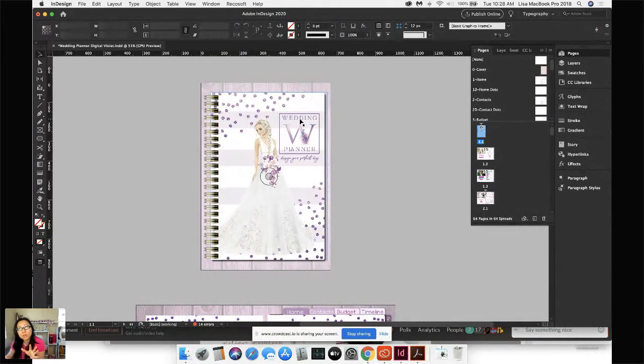So there were 5 different colors for the wedding planner. I just chose purple as the one to create a digital planner. If you bought the original pop-up shop for the wedding planner, you have all of the colors, you have all of the files, you could recreate this entire thing on your own. So here's what you need to do. You need to go over here to